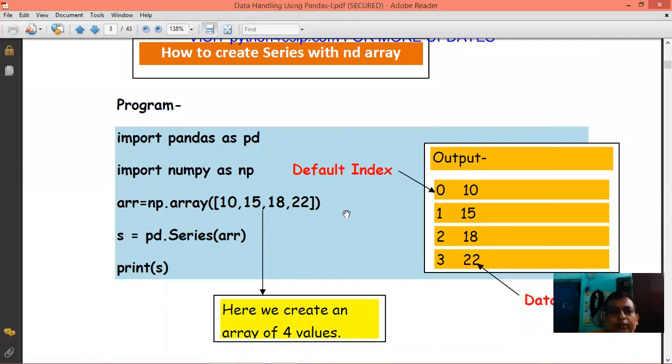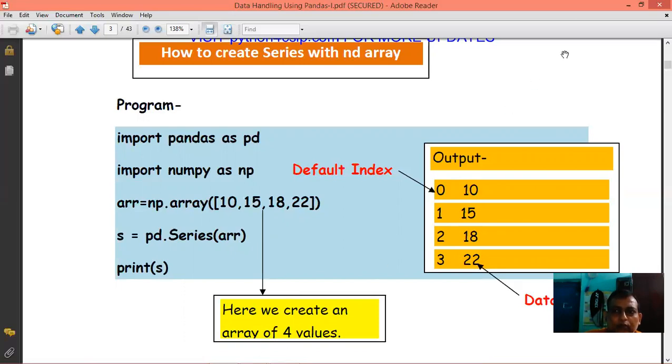So how to create a Series with a NumPy array? It can be created using a list also, or an array also. So how to write this? Before that, we'll see how to write code to create an empty Series.